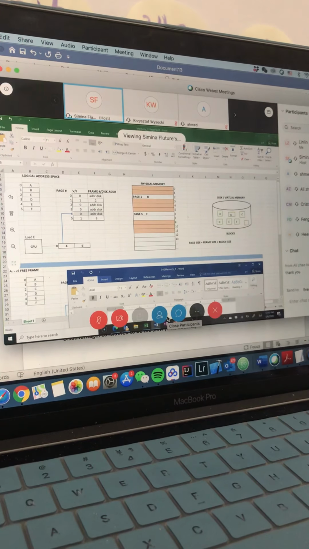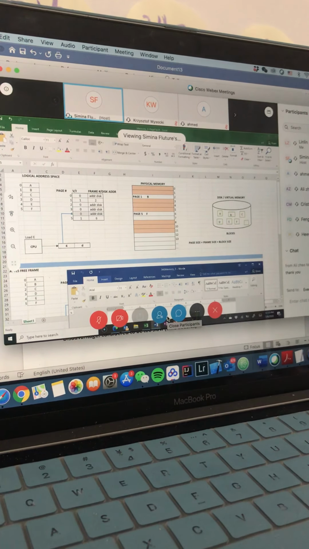So we need to find a space in which to copy our page into the main memory. And there are two possibilities. We might have a free frame in which we can copy the block, or we might not have any free frame.